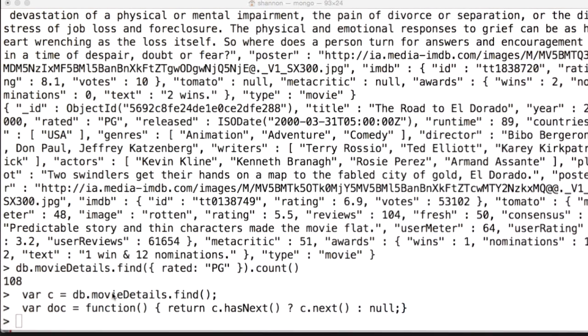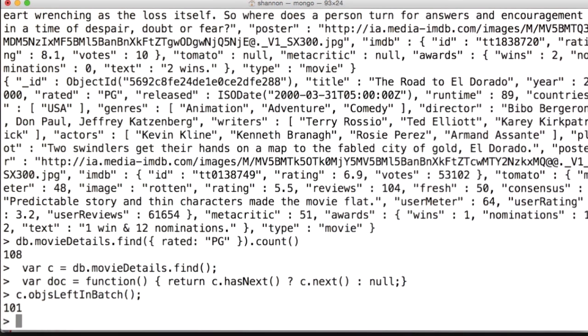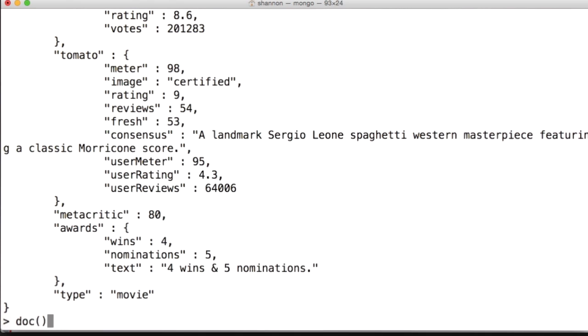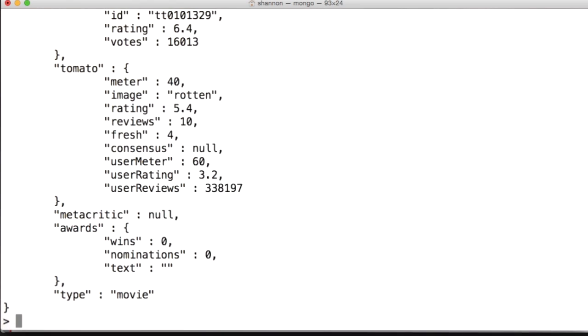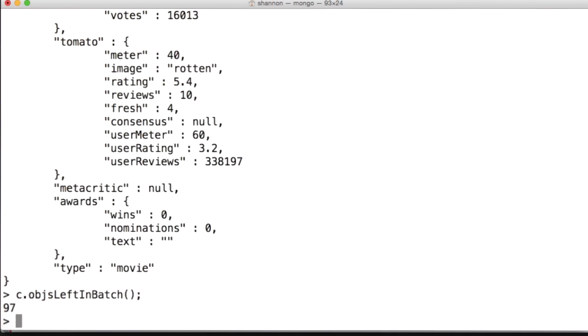Now, before we do anything, we can check to see how many objects are in our batch by using this method on our cursor object. And we can see that, in fact, we do have 101 documents in this initial batch. I can iterate through this batch by calling this doc function that I set up. And then I can call this method again to see how many documents are left in our batch. Now, if you're particularly interested in cursors, I'd encourage you to have a look at the MongoDB documentation on cursors at